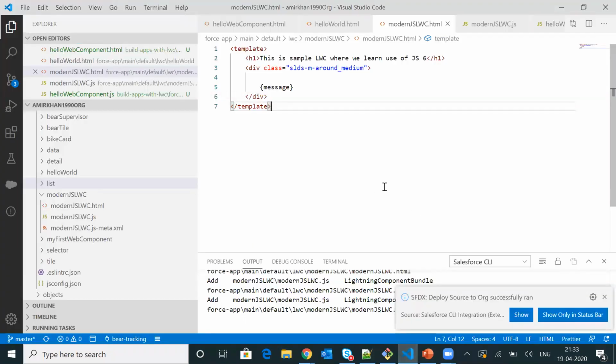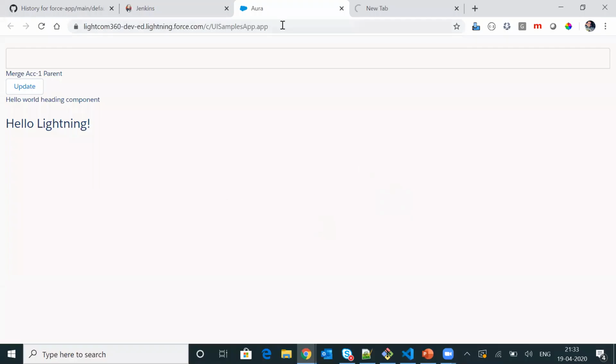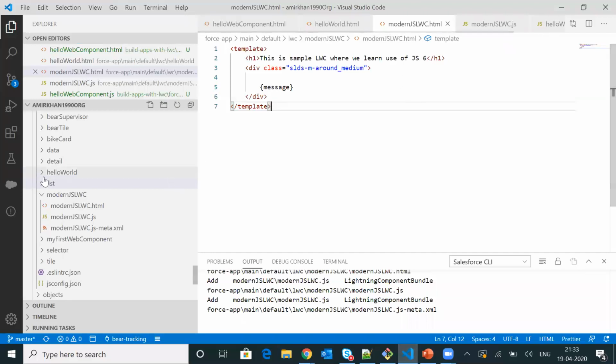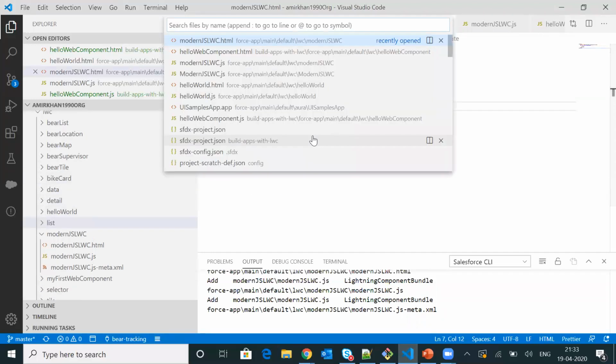So it got deployed successfully. Now let me use this component in my app. Let me open my app here.